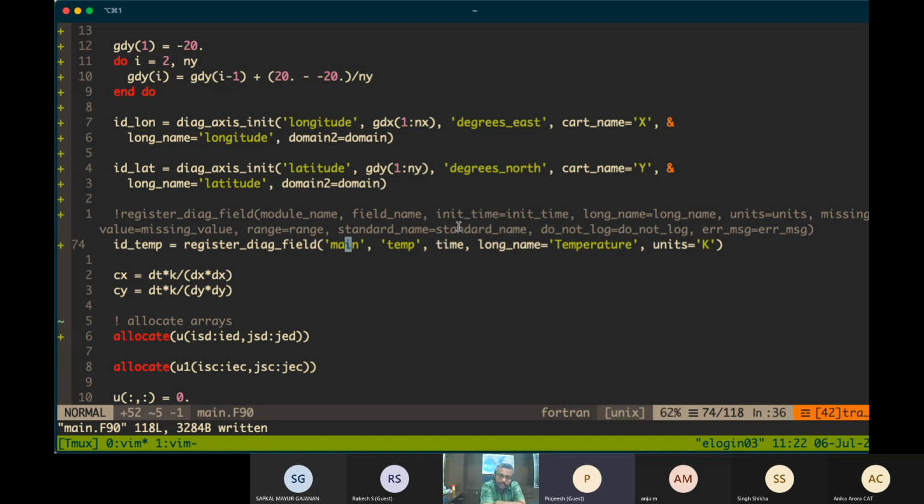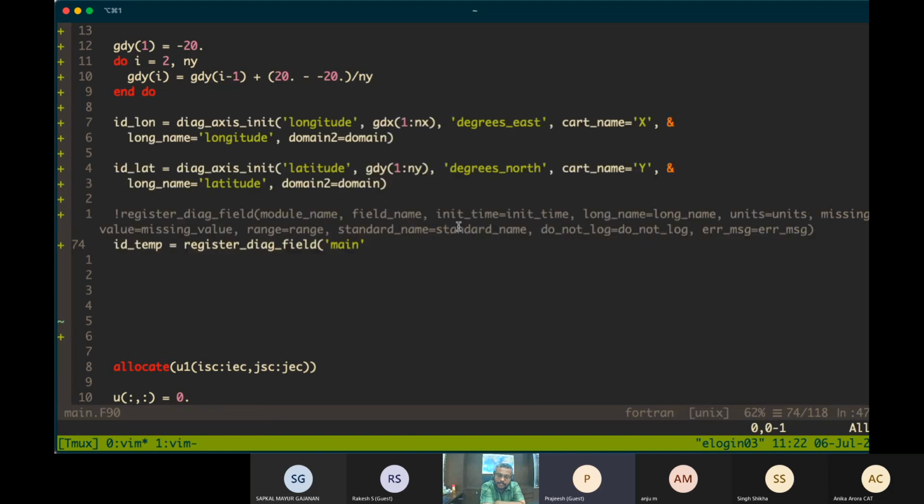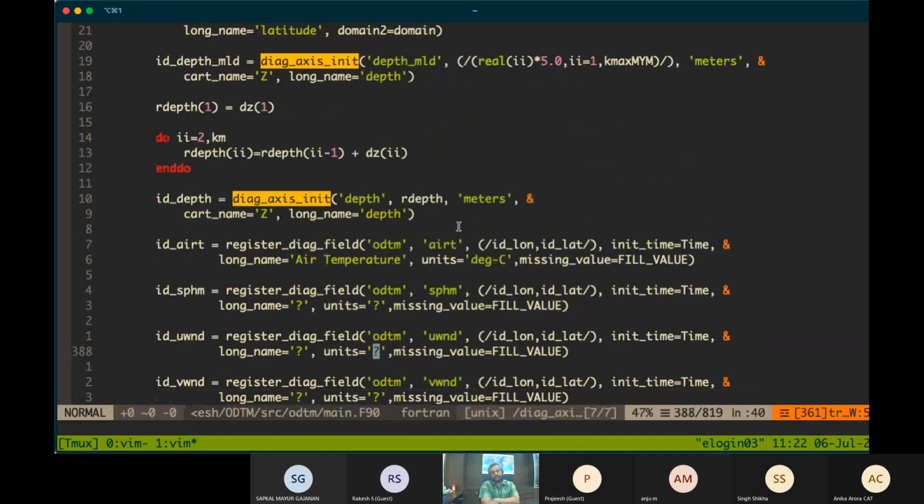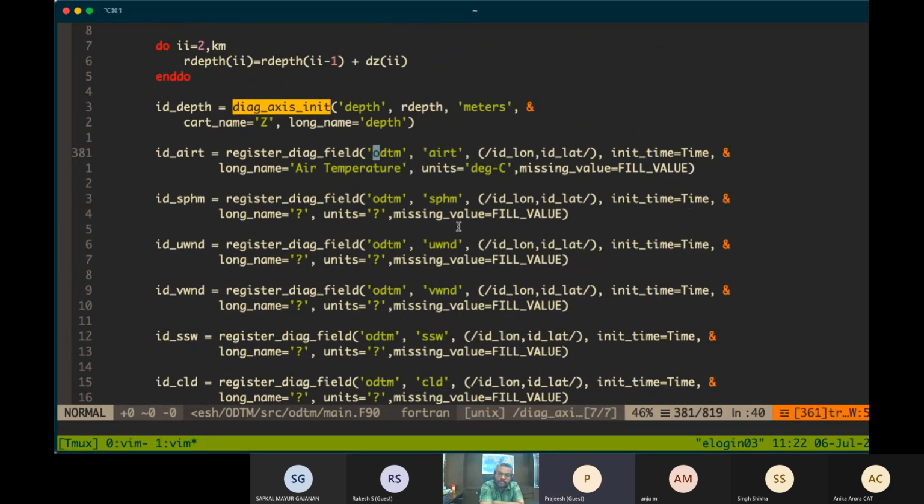Now there is something else missing. When you're registering a diag field, you also need to give this access information. That is missing here. Let me check. Yeah, so actually before the time, that is actually missing there. I don't know why.